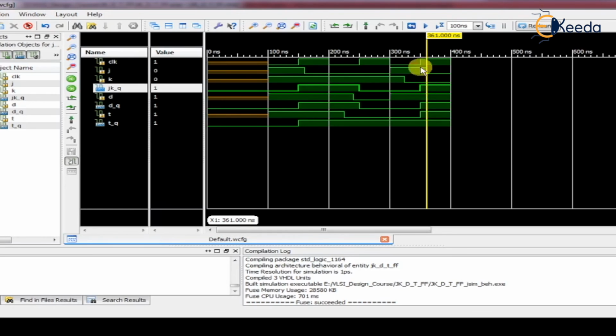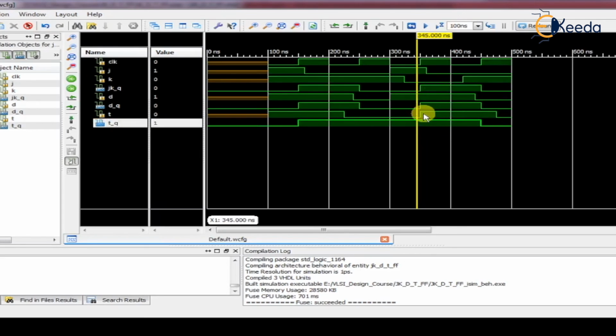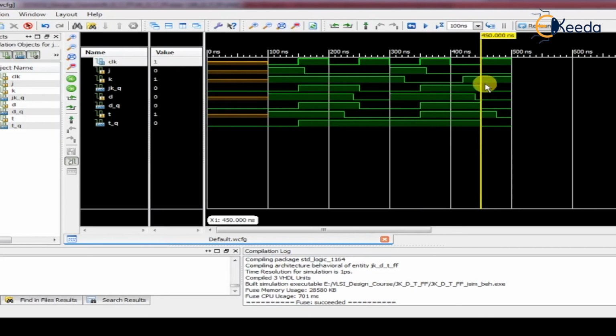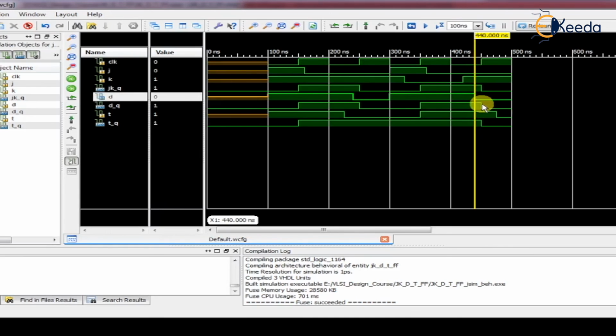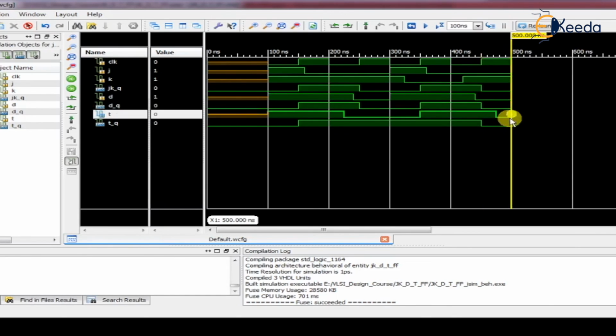Now here on the rising edge, D is equal to 1, so DQ output is again 1, so it is changing from logic 0 to logic 1. Again here T becomes logic 1, so it will start toggling from the next rising edge. So still here value is 0, so it is not changed. So come back again here on the next rising edge. Now check, J is equal to 0, K is equal to 1, so immediately JK output becomes 0, it follows the J. Now D is 0, so on this rising edge it becomes 0. Here T is equal to 1, on this rising edge, so it keeps toggling.